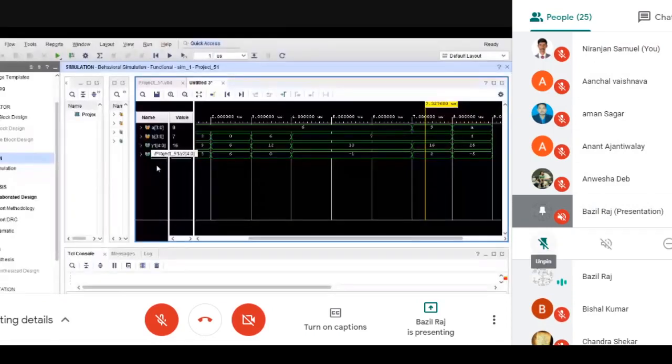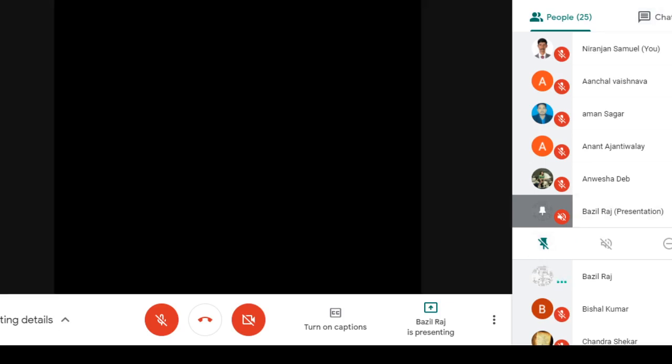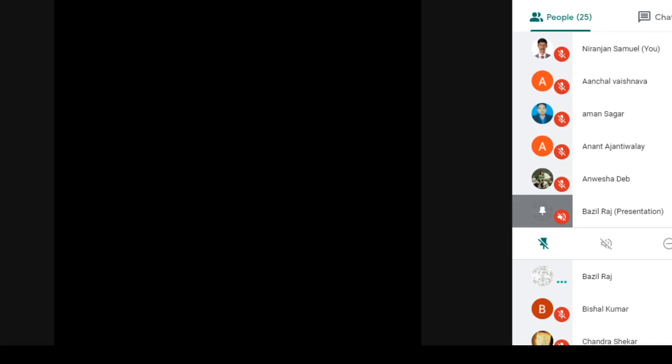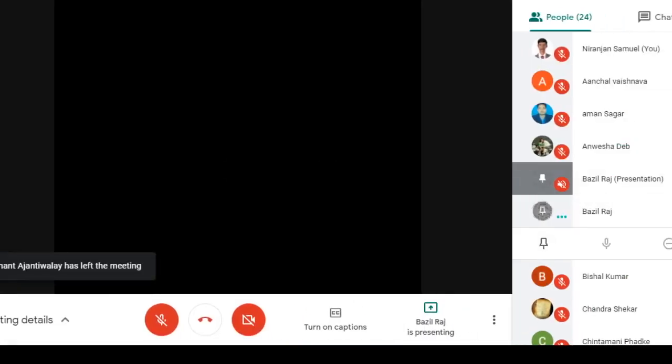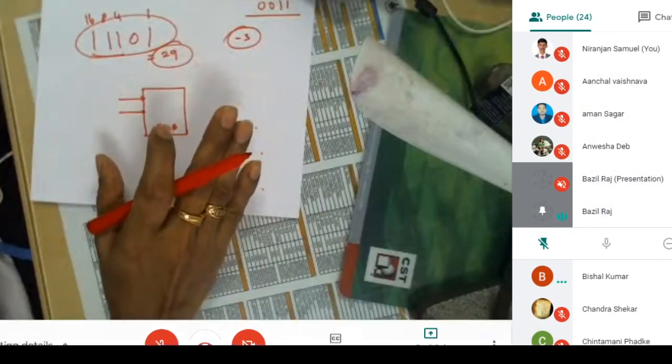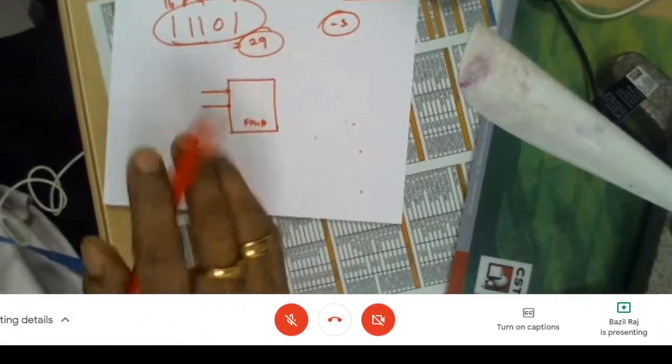Can you see my mouse? Yes, sir, I did it. Fine. Very good. Fine. Now, shall I move? Do we move into the next example? Any question? Yes, sir. Okay.